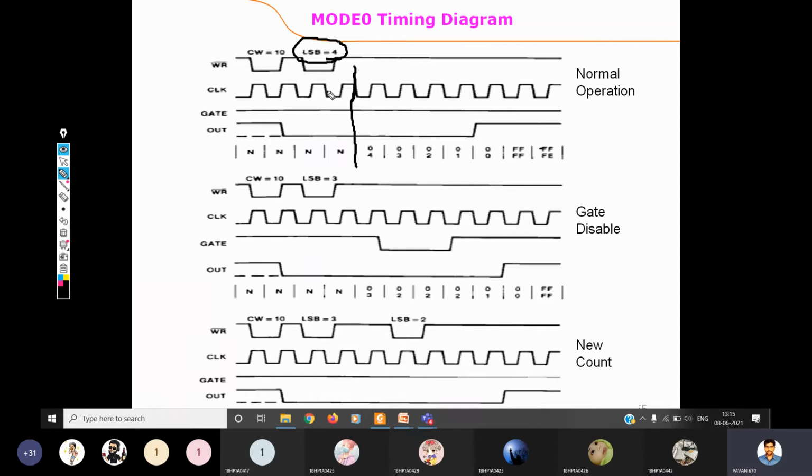So here, what is happening? While this negative edge is occurring here, the value is still loading into the counter. So after completion of loading the value into the counter, whether it may be 4 or 10 or 5, whatever the value, it is waiting for the next immediate negative edge to initiate the counting operation. So that occurred here. So the negative edge has occurred. So the counting operation starts: 4, 3, 2, 1. And whenever it comes to 0, that counter value is getting decremented. Okay, counting is done.